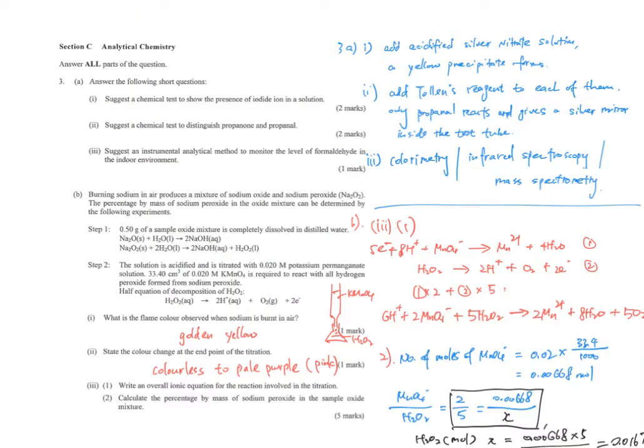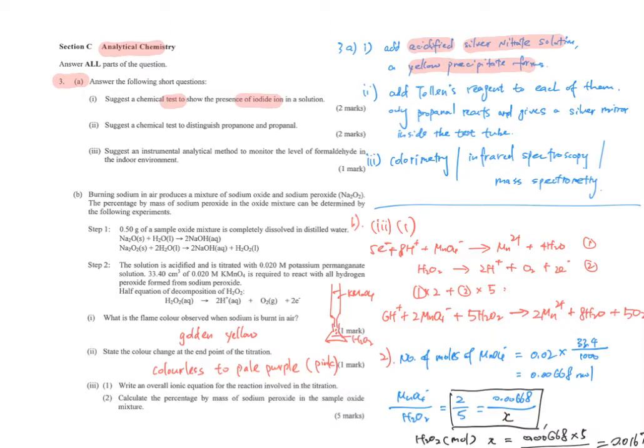Okay, now we go to analytical chemistry. So 3A is normally the species and the chemical test for the species, such as a chemical test to show the presence of iodide. We seldom learn iodide, but it is still in the syllabus, just similar to chloride and bromide. For chloride and bromide we normally use acidified silver nitrate solution, and it is the same for iodide because they are halide ions. When you add acidified silver nitrate solution, don't forget this word, acidified,